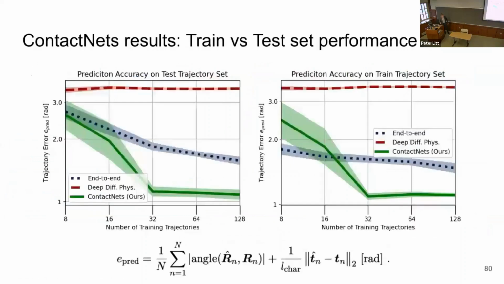In terms of a slightly more detailed look at the quantitative results on the real world data, what we were finding is that it's very difficult to intuitively put up one number that we can understand as humans. This is the best we could come up with. What you're seeing is averaged over trajectories, averaged over trials, averaged over time steps in the trajectory, the angular difference between the prediction and reality, and also the linear distance. And the linear distance is normalized by a characteristic length, which is roughly the side of the cube.